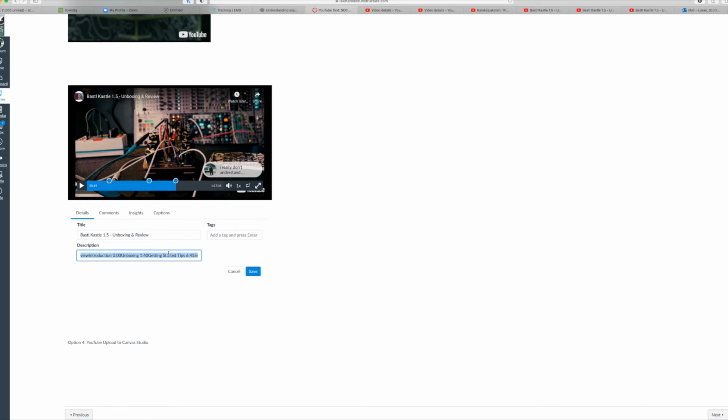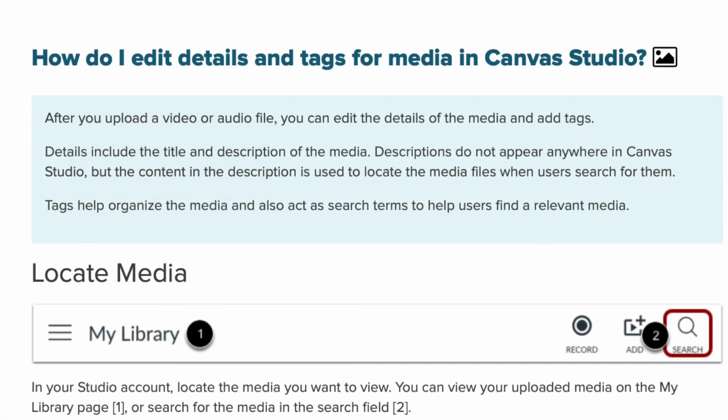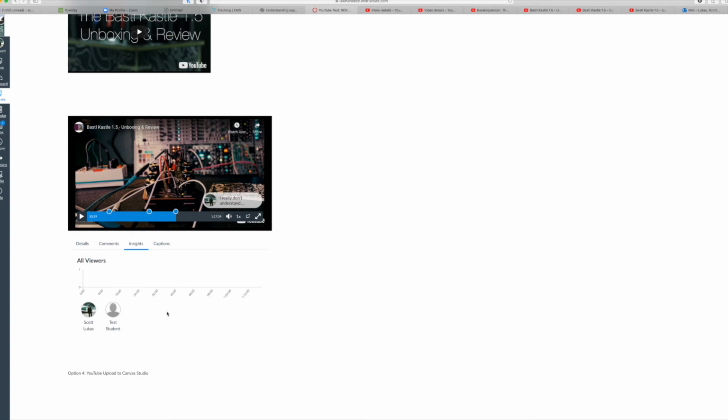If you want to change that to whatever, you would just type that, and then the new description is there. And there was also an option for a tag as well. And tags could be kind of handy, perhaps. Let's see what will happen there. I think there's probably a way inside of Canvas Studio to actually search for tags. I haven't tried that yet, so I'm not going to comment on that, but this is kind of the basic